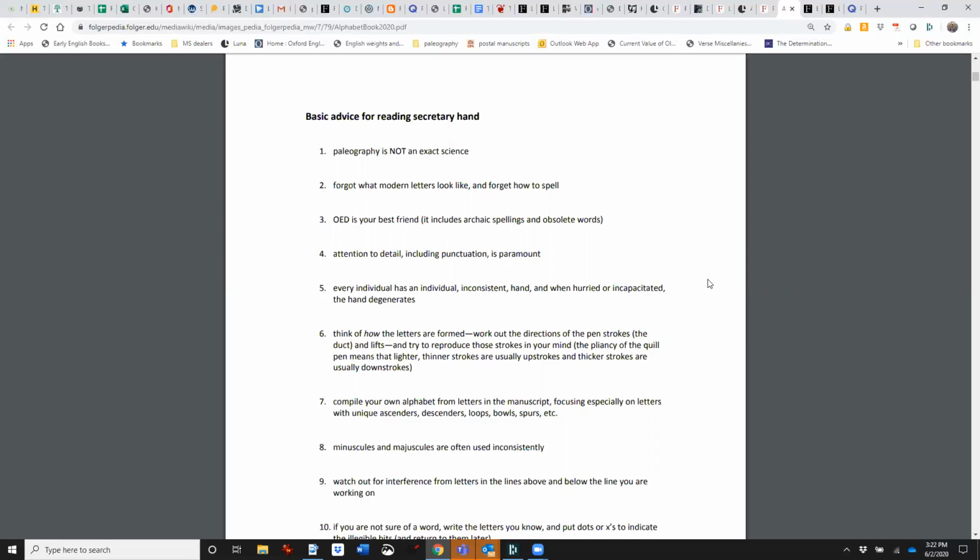So when I teach paleography, you know, I share all the rules and tips and tricks, but then we always come across something that breaks whatever rule I had just said. And I think if you put 2, 3 expert paleographers in front of the same manuscript and have them transcribe it, each person is going to perhaps do something a little bit different. It's not going to look exactly like the other transcriptions.